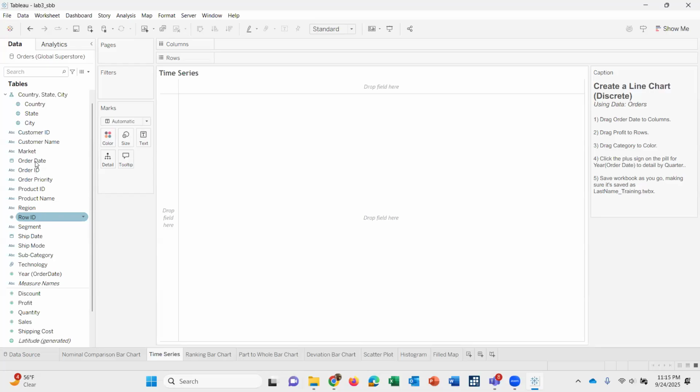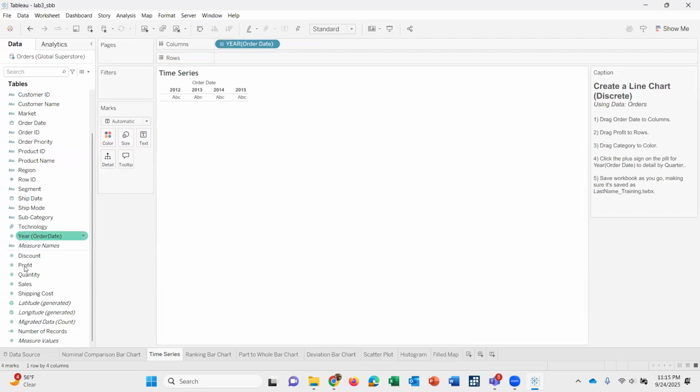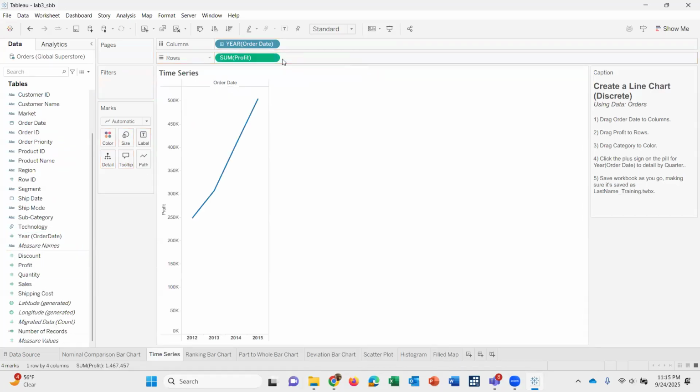So drag the Order Date to the columns here, because we want to see the time dimension and the changes in the other variable. We are creating a line chart, a discrete line chart. Then drag the Profit to the rows,